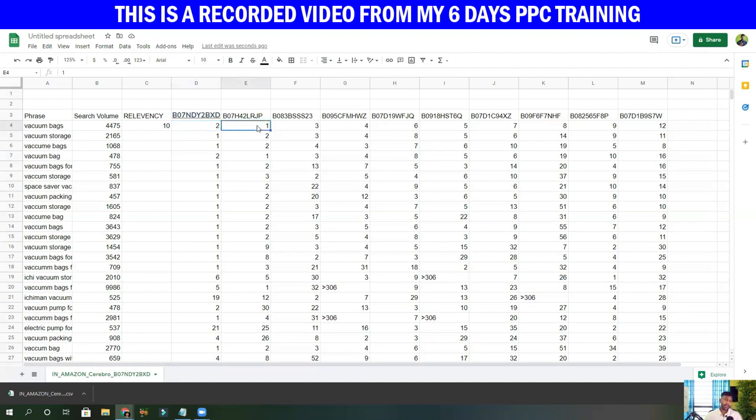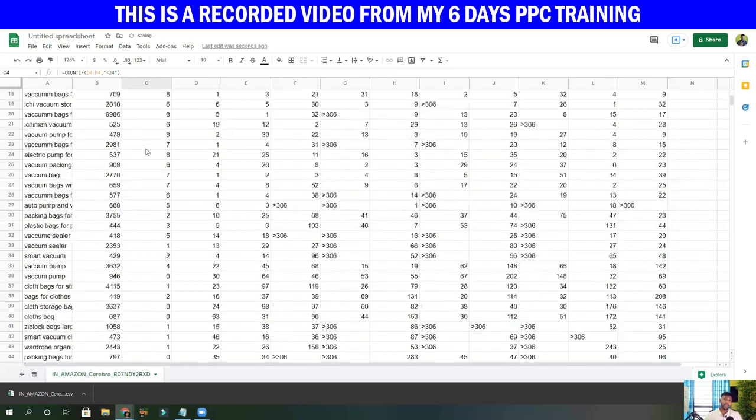Right now you can see it is 1. That means this product is ranked organically in the first position. This product is ranked organically in the second position. This is ranked third, this is 4th, this is 6th, this is 6th, 7th, this is 8th, the 9th, and 12th. So there is no one beyond the first page for this search term, right? That is why it is showing relevancy 10. That means all the 10 ASINs are ranked in the top page within 24 organic positions.